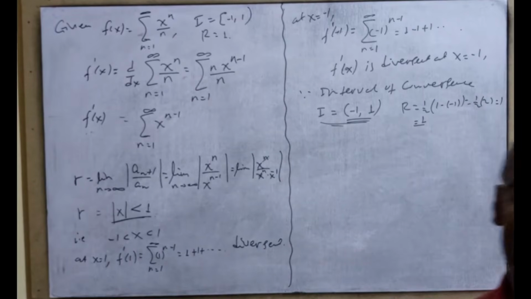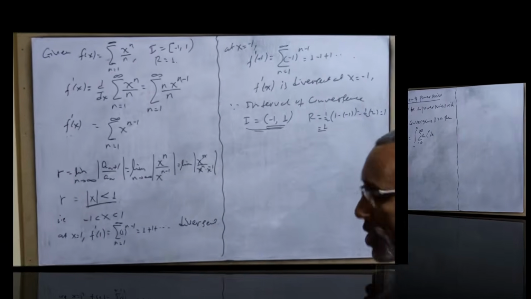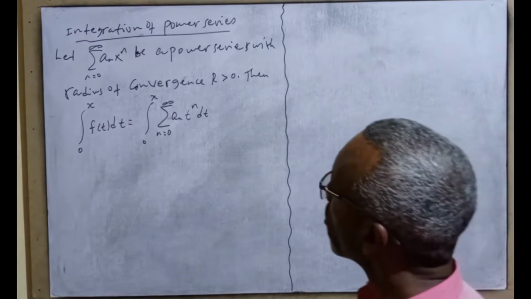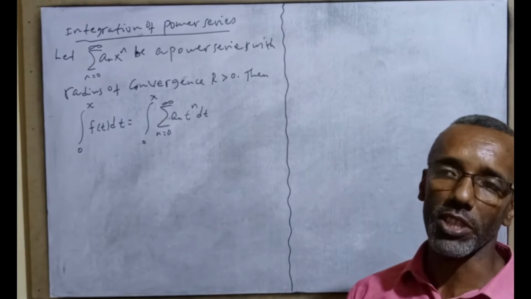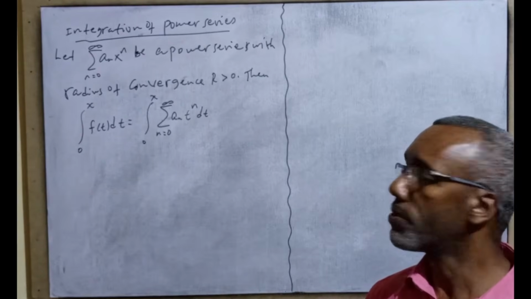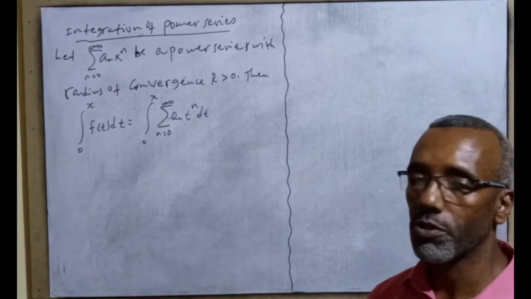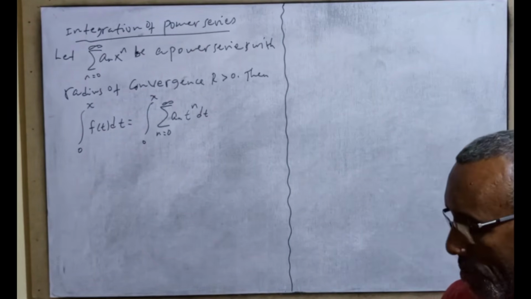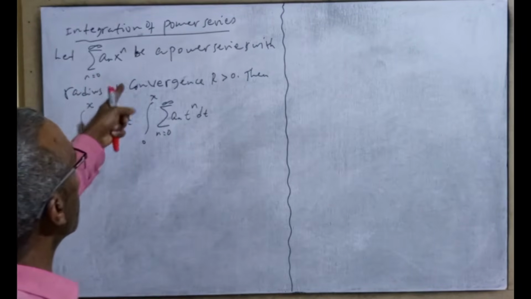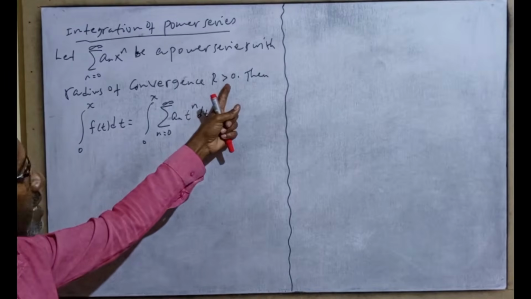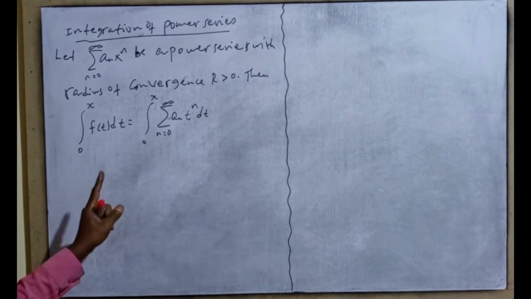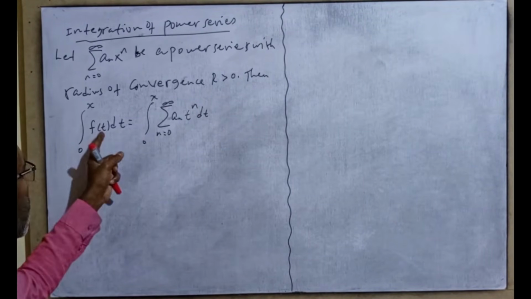but they don't have the same interval of convergence. Next, we saw what integration of power series means, and then when a power series is differentiable we saw differentiation. Now let's look at what integration of a power series looks like. Let the sum of a_n x raised to n be a power series with radius of convergence R greater than 0, then the integral from 0 to x of f of t dt